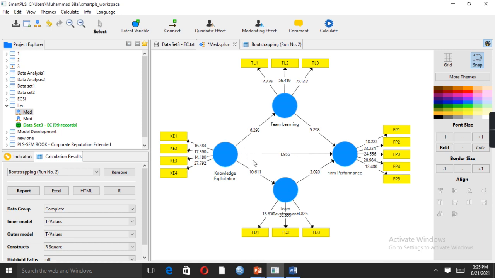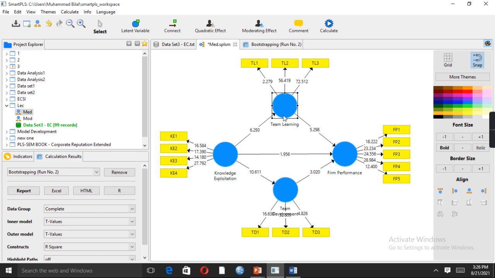H1, which is knowledge exploitation impact on firm performance, H2 KE impact on team learning, and H3 team learning impact on firm performance, H4 is knowledge exploitation impact on team development, and H5 is team development impact on firm performance.